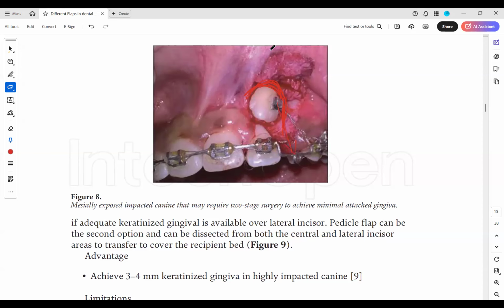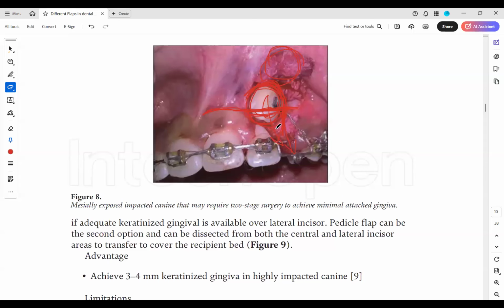But suppose this canine was far more above the mucogingival junction. Here you see the mucogingival junction, can you clearly see? And the tip was crossing above that. So this was the bone around it, and this is the bone that is removed here also. Now, as it comes down, new bone is going to form. Now, these procedures are going to be done by the oral surgeon.